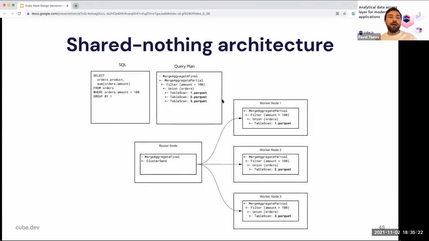So if we take a deeper look at what a shared nothing architecture is, you can see, for example, this SQL and the query plan for it. As you may see, orders have multiple partitions here, and the query will be split into multiple scans, like those 3 partitions. And as each worker node is the owner of each partition, each node should process only its own partitions and return as a result only